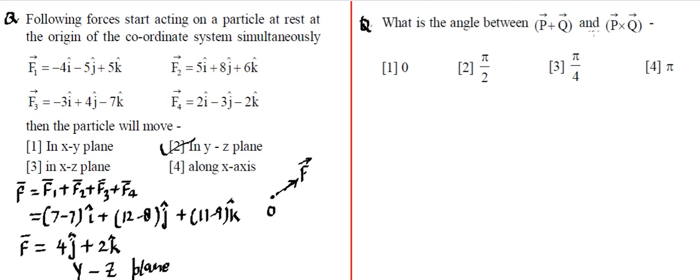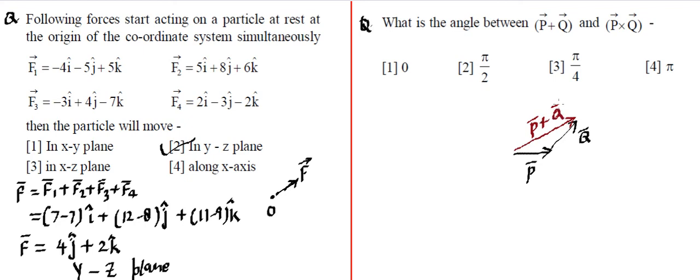We have talked about the addition and cross product. So we know, if there's a P vector, so let's say this is a P vector, and let's say there is a Q vector, so this is a Q vector. So P and Q, they are in a plane. So we will find this is going to be the resultant vector. If I draw in a different color, let's say this is the resultant vector. So that's going to be the P plus Q vector. So one vector that we need to consider is P plus Q.